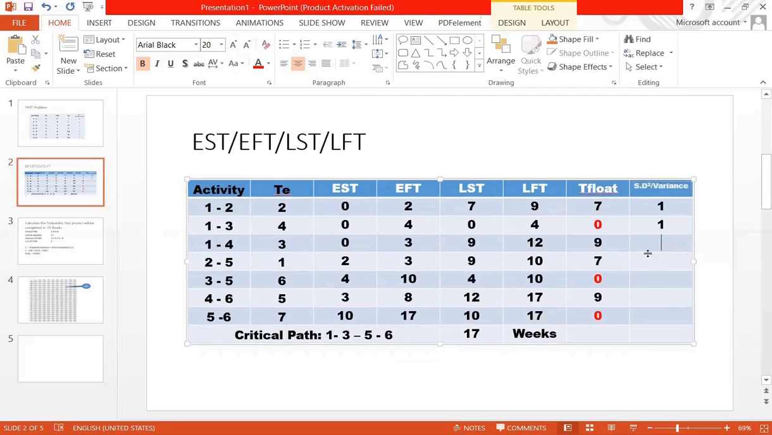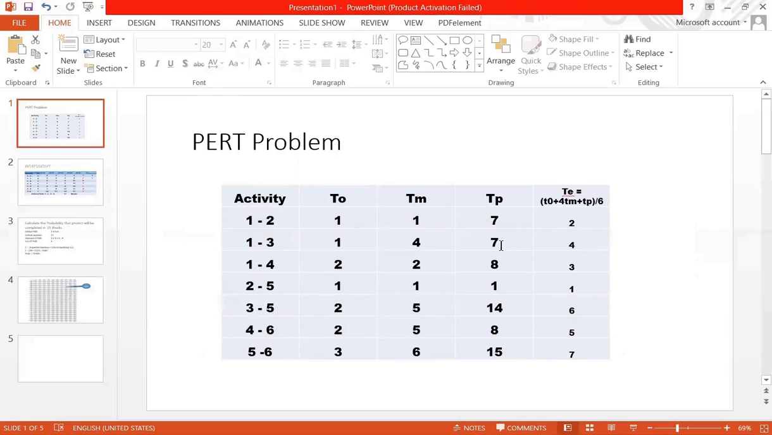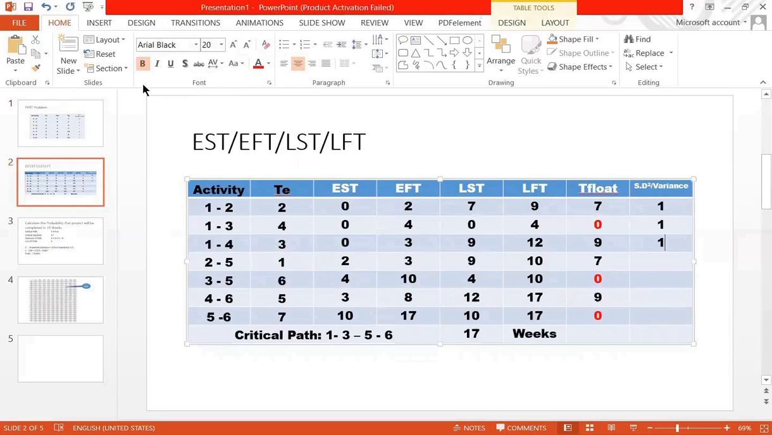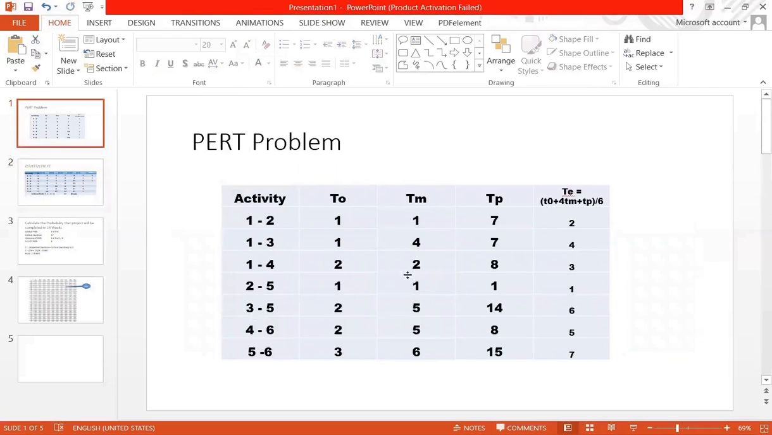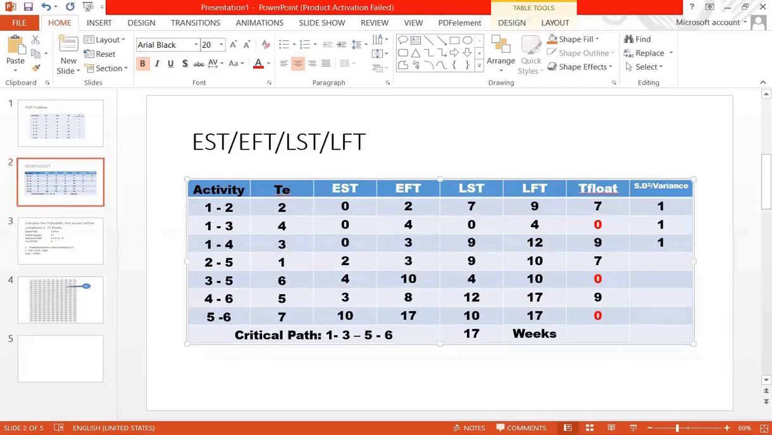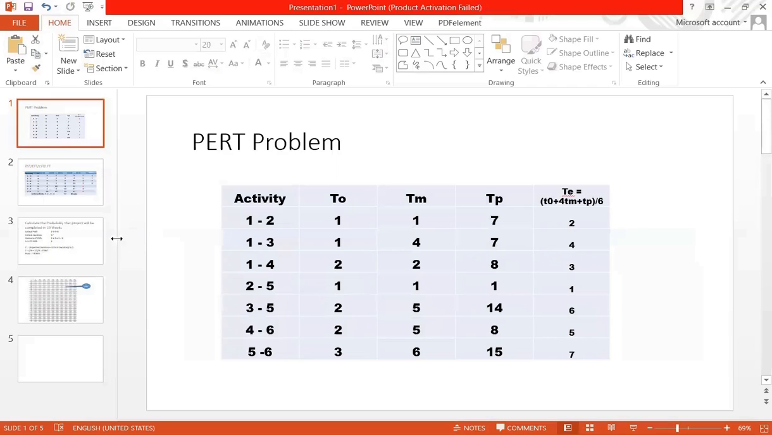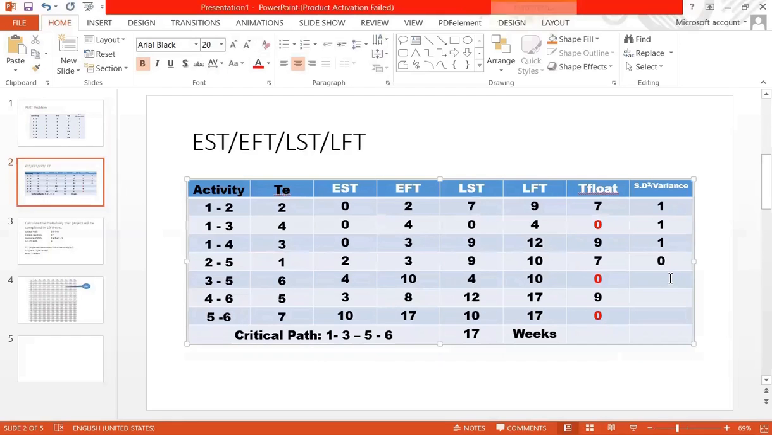ये वेरिएंस इसका 1 आ गया, इसका 1 आ गया। नेक्स्ट हम एक्टिविटी का देखते हैं वेरिएंस क्या होगा। अगेन 8 माइनस 2 6, और 6 डिवाइड बाय 6 इज 1, और 1 का स्क्वायर, तो ये भी 1 ही होगा। नेक्स्ट एक्टिविटी का देखते हैं, 1 माइनस 1 दैट इज 0, इसका वेरिएंस 0 है। नेक्स्ट एक्टिविटी का देखते हैं, 14 माइनस 2 दैट इज 12 डिवाइड बाय 6 इज 2, तो 2 का स्क्वायर, इसका वेरिएंस है 4।